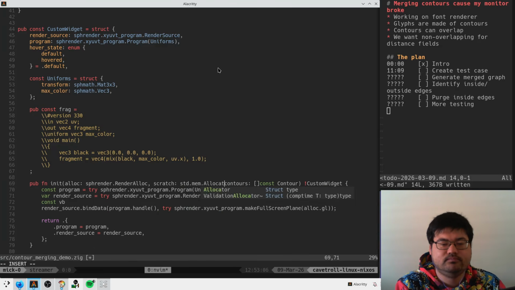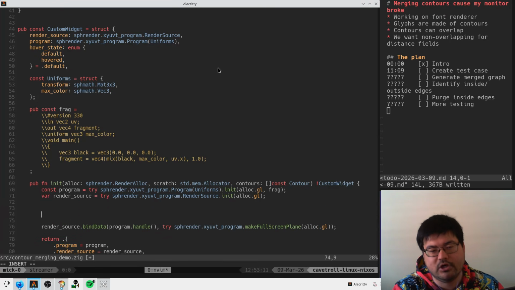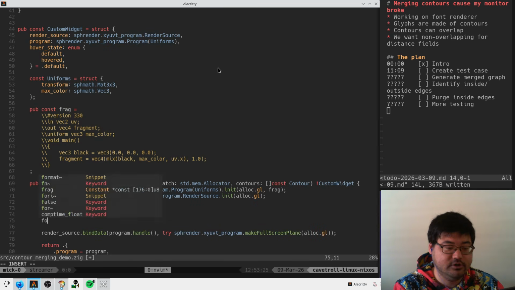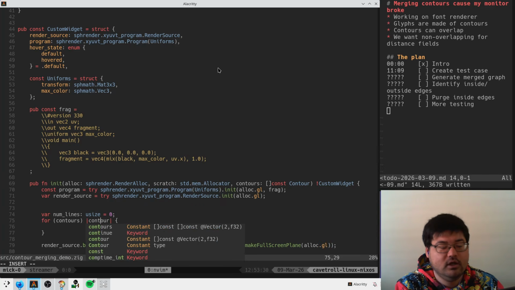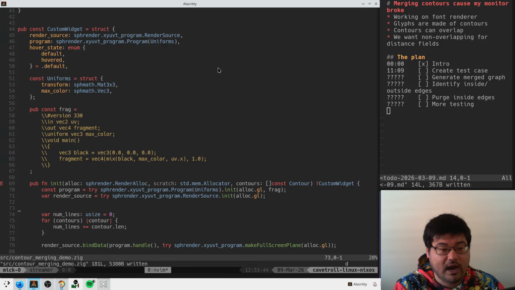Maybe just one of these. And I guess we know that if we were trying to make one line, we're going to do something like contours, total len, num lines is 0. It's going to start at 0. And for each contour, we are going to probably take the contour length. So if there are 4 elements in here, there are also 4 lines because they're looping. Cool. So we're just going to do num lines is incremented by this. Beautiful. And that means that we can allocate our